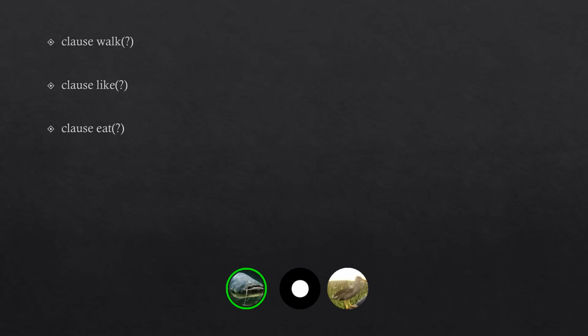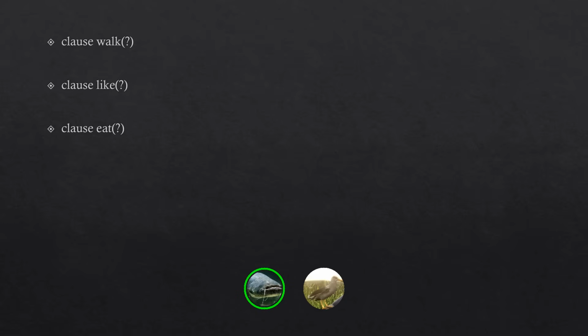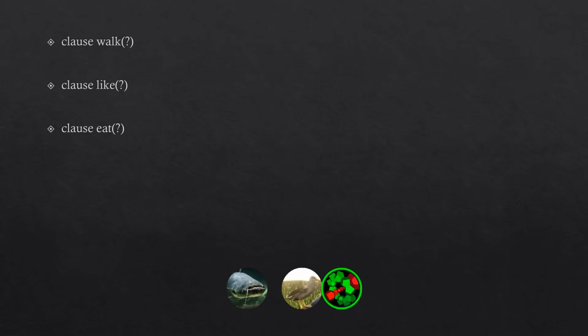So let's say we have these three verbs: walk, like, and eat. I've put a return type clause, but that doesn't really matter. You can imagine a total sentence, a total clause, occurs when we take a verb and we add its arguments to it. So if I have a verb walk, based on your understanding of the action to walk, what sort of arguments might you need to complete the action? It depends, right? Walk can either be something you just do without specifying where you walk, but it could also be walking to a specific